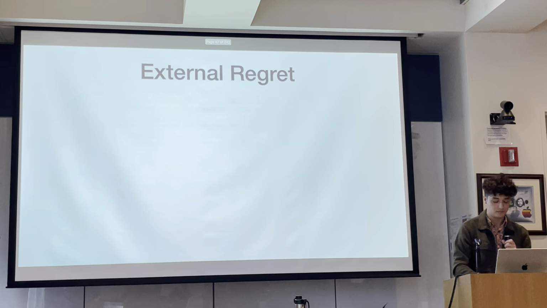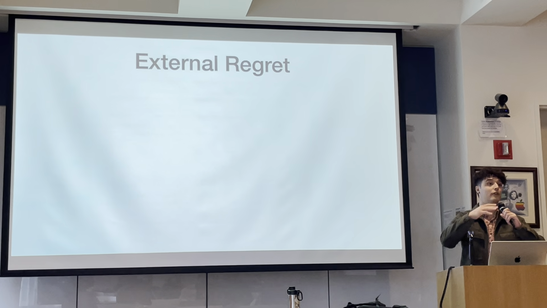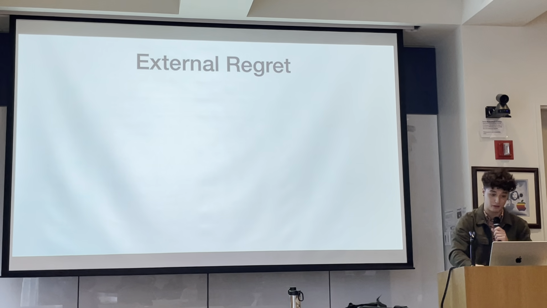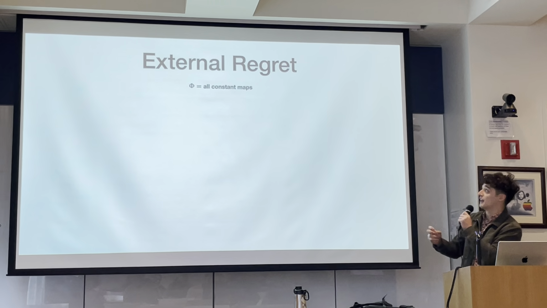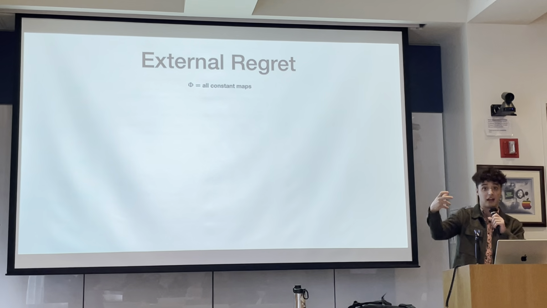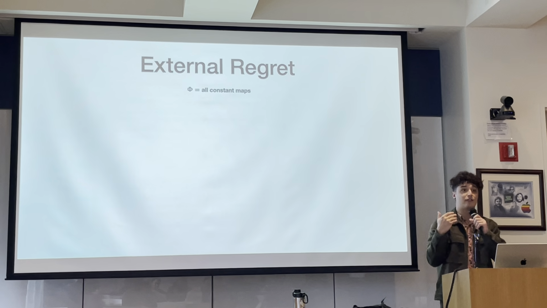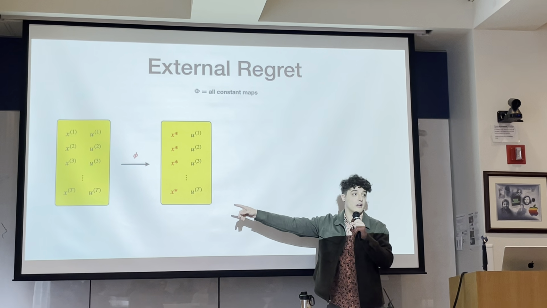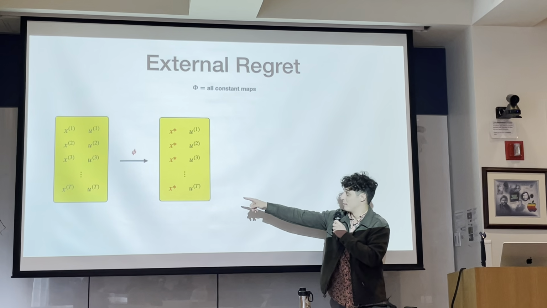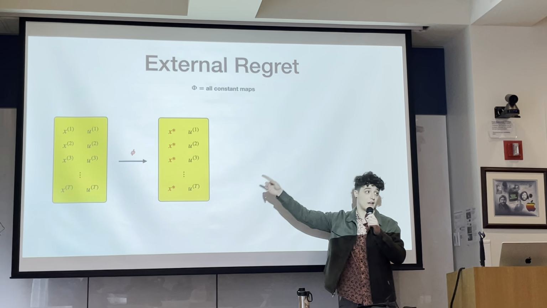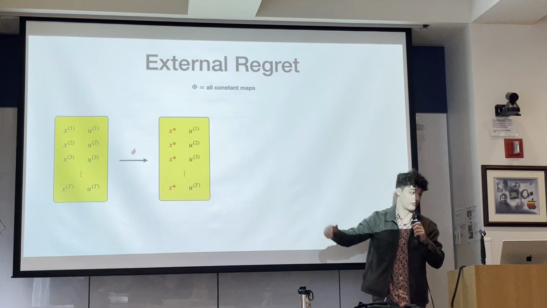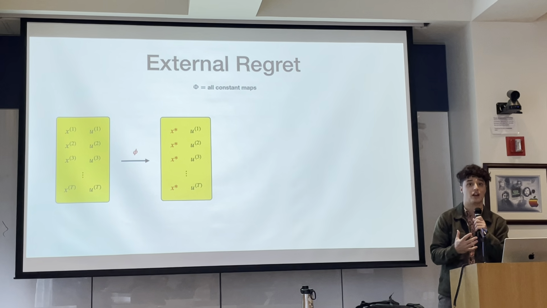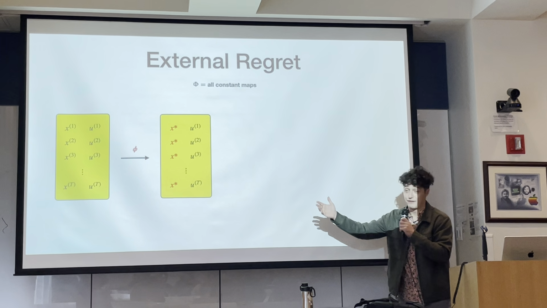Okay, so let's start with external regret, which is probably the most common notion of regret, and the notion that many of you may be familiar with. Essentially, in external regret, the set of transformations that constitute our benchmark is just the set of constant maps. Meaning, we're going to be comparing our performance on this online learning task to the performance of any fixed action against this set of rewards. Okay, why would this be an interesting metric? Why would we want to compare ourselves to the best of fixed actions?